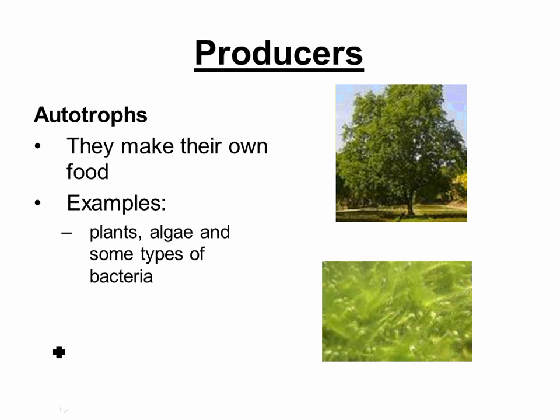Okay. Producers are called autotrophs. Sorry, again, not my subject, so I have to think and talk at the same time. That's tricky for me. Remember, what did the troph part mean? Food. Auto means all by itself. So an autotroph makes its own food. It's its own food producer. Autotroph. They make their own food.